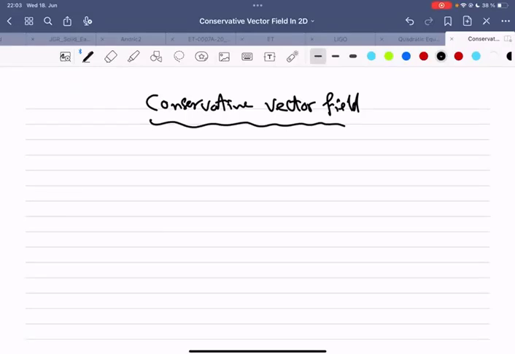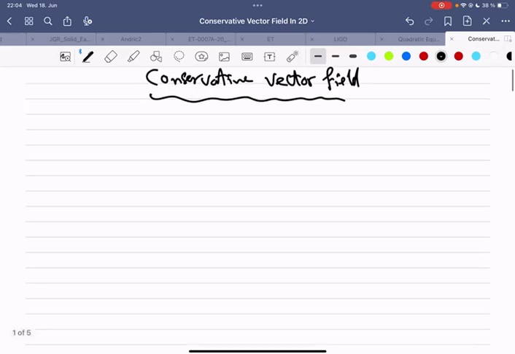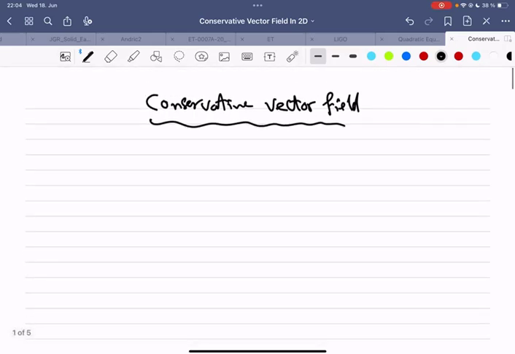Hello, in this video I'm going to show you how to check if a vector field is conservative or not, and if it's conservative, how to find the potential function corresponding to it, or the potential function related to it. So first of all,